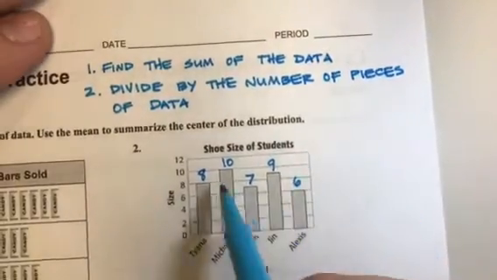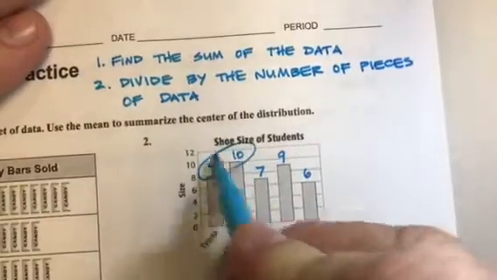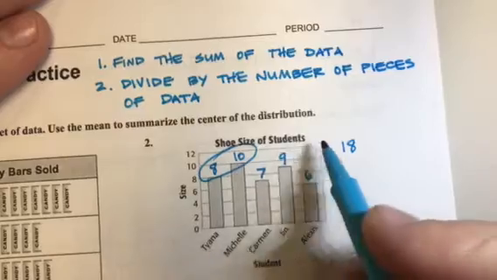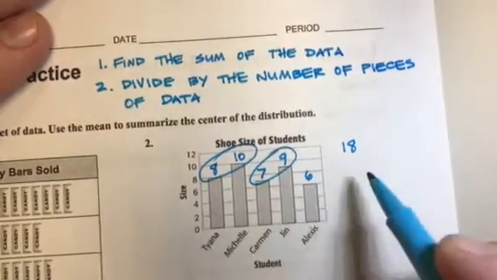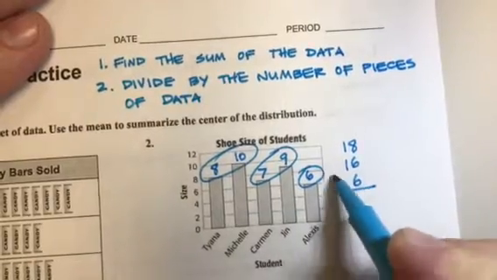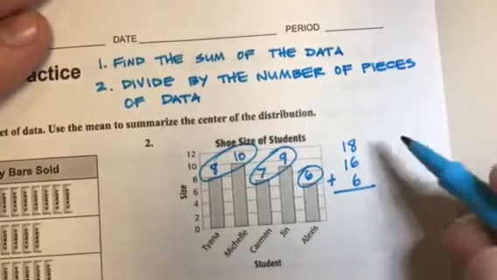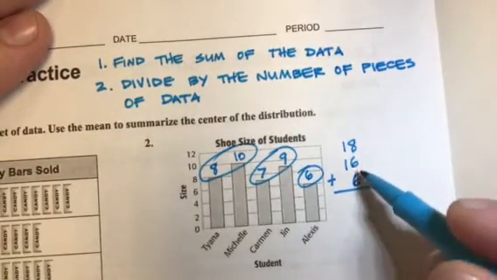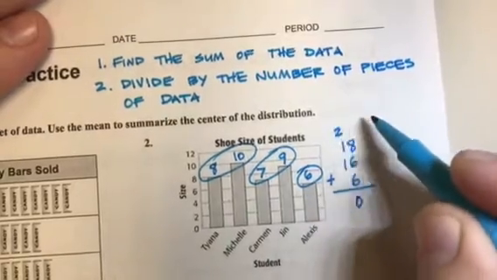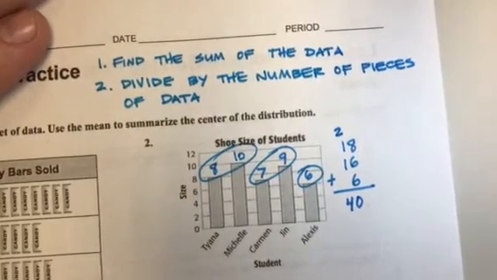So I'm going to group some of these to easily see what I've got. First of all, I've got a total of 18 between those two students. I've got a total of 16 between these two students, and then I've got 6 more that I need to account for. So just going to do a little mental math to group those, and then go ahead with my addition over here. 6 and 6 gives me 12, and 12 plus 8 is 20. And then I've got 2, 3, and 4. So the sum is 40. So the 40